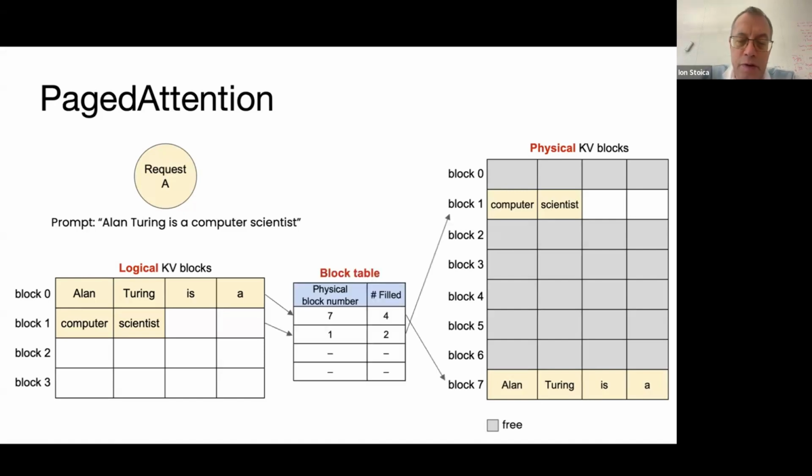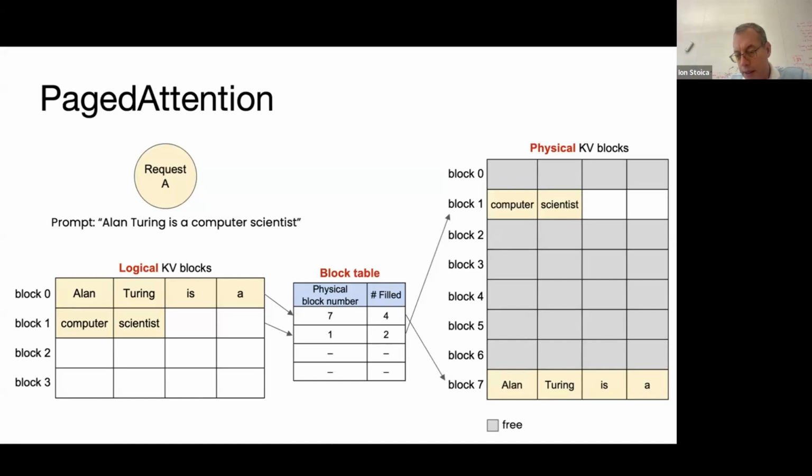You just use this block table, which is an indirection table. Basically you say block 0 maps to block 7 in physical memory. And in addition, in the second column, you can also say how many blocks are filled. And the nice thing here is that all the blocks are filled sequentially. So if the number of filled slots in a block is 2, this means the first 2 slots are filled,